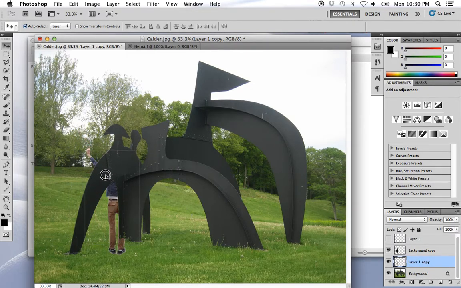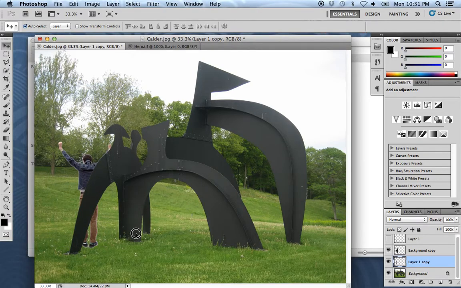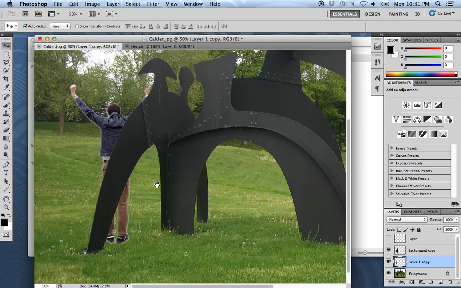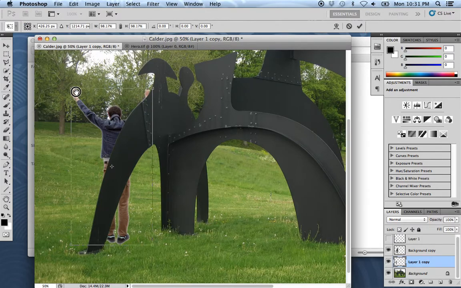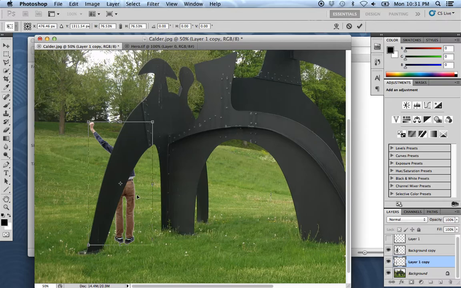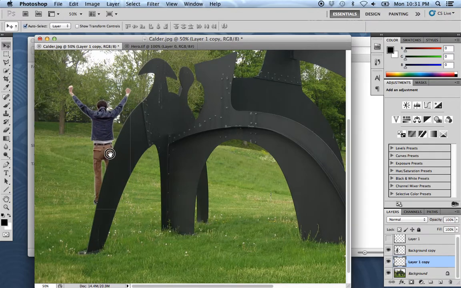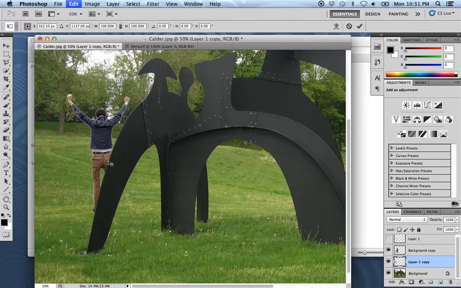As long as I don't move him too far out of the way, where it's out of that area that I copied, then he's pretty much in good shape. And this is just another way of doing this that gives you a little bit more control or freedom as to where to place this person after the fact. I could also scale this person down a little bit,